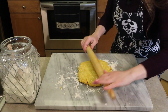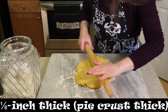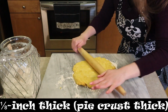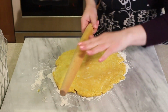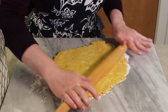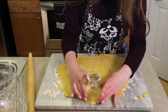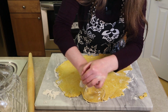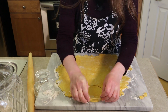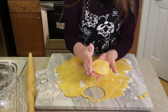Flour your rolling pin and just roll your disc out to about 1/8 of an inch thick. Look at all those white spots and additional yellow spots from the butter and the shortening. Once you have it rolled out, mine's not quite 1/8 of an inch thick, so I'm gonna go back and flatten my circles out even more after I cut them out. Then just take your glass or whatever that you're gonna use and cut out your rounds